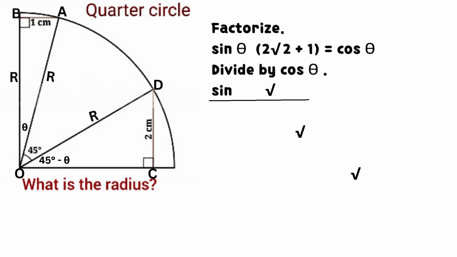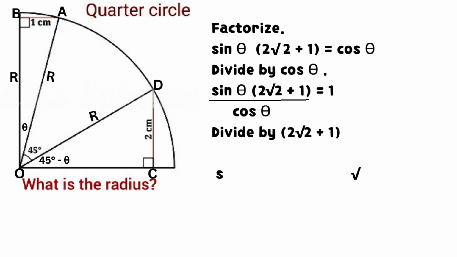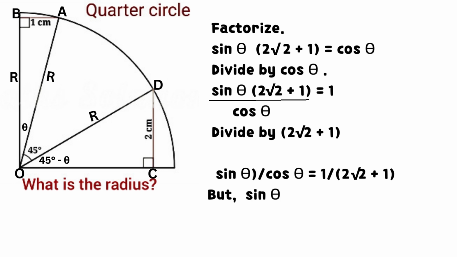Factorize. Sine theta times the sum of 2 times the square root of 2 and 1 equals cosine theta. Divide by cosine theta and we have the equation shown. Divide the equation by the sum of 2 times the square root of 2 and 1. Sine theta divided by cosine theta equals 1 divided by the sum of 2 times the square root of 2 and 1. But tan theta equals sine theta divided by cosine theta. It follows that